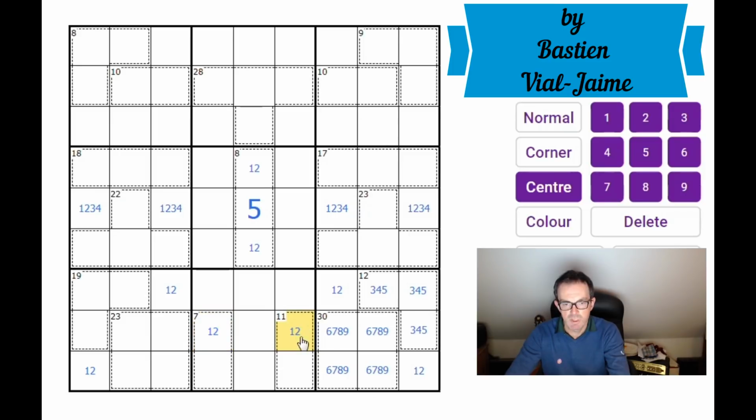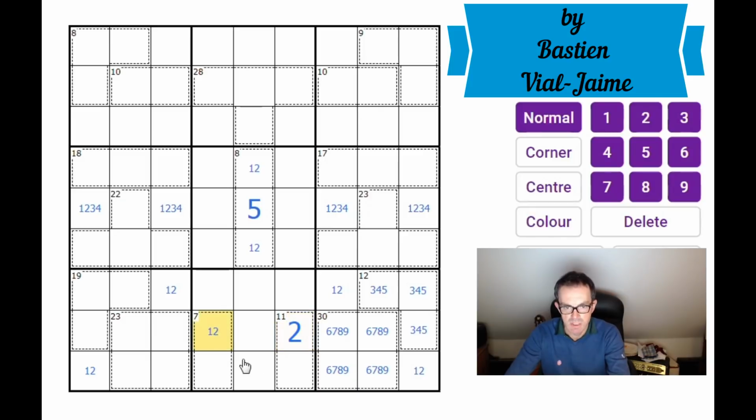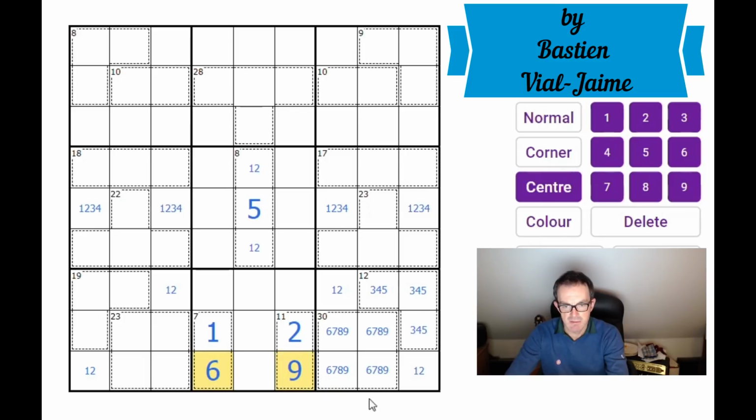There's no way we can put a 1 in this square, otherwise that would make that square a 10. So that's got to be a 2, that's a 1, that's a 6, and that is a 9. And the 6, 9 here immediately impact on our 30 cage. Look, we're going to be able to...